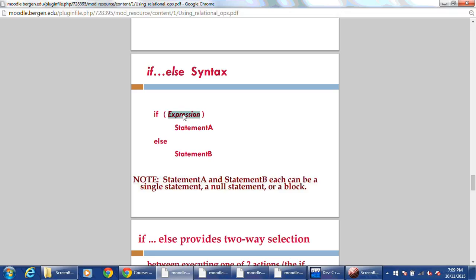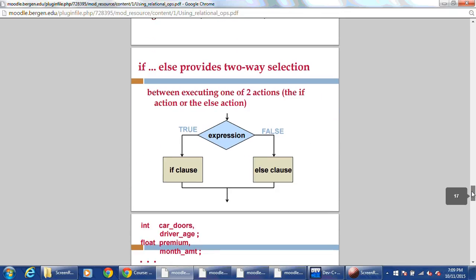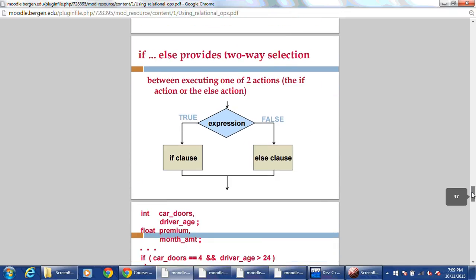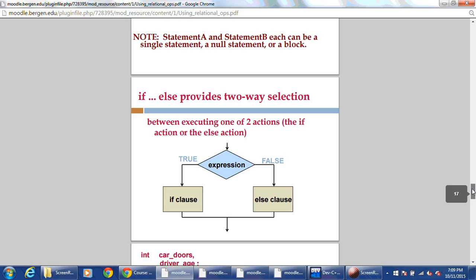If it was a Friday night and you're asking the question, is there traffic today? No, there's no traffic today. So then it's going to jump out in here and say, I'm going to take route 17. This is something called a two-way selection. If we break it down into a flow chart, you're going to have execution of one of two actions, either the true one or the false one. The true one will go where the if clause is, and the false one will go into the else